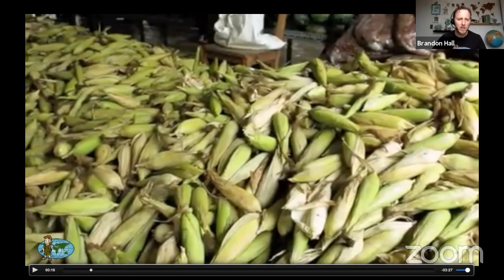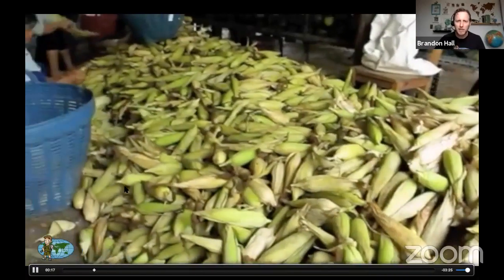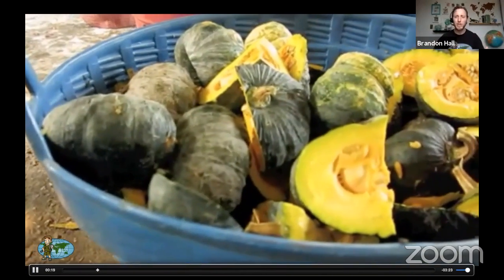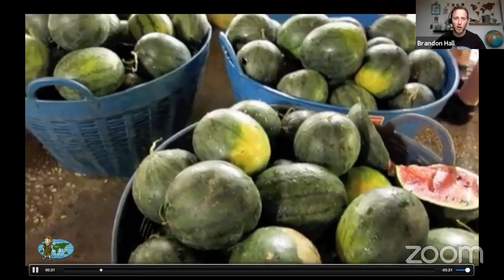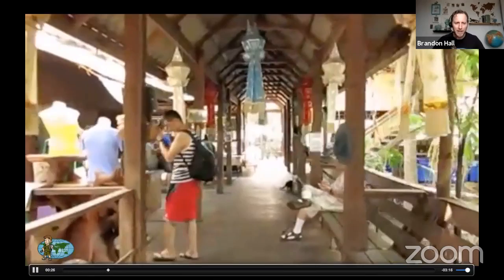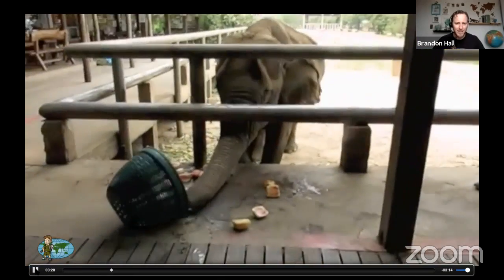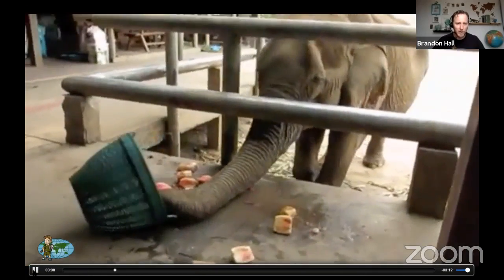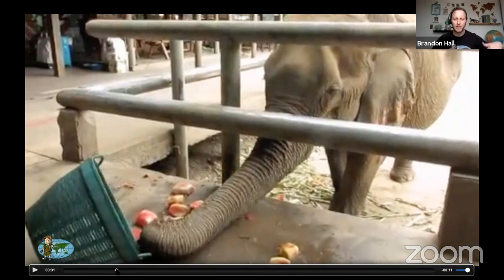food a day. And here at the Elephant Nature Park, they give them corn, watermelon, pumpkins. They're trying to reach that 400-pound food mark every day. That's why they give them heavy vegetables and fruit. In the wild, they don't eat those quite the same. These are human-grown vegetables. In the wild, they eat more roots, leaves, stems, grasses, those types of things that they'll